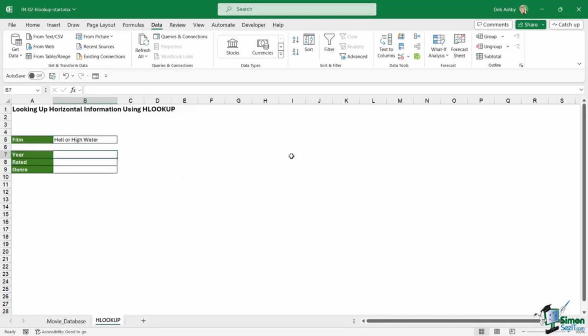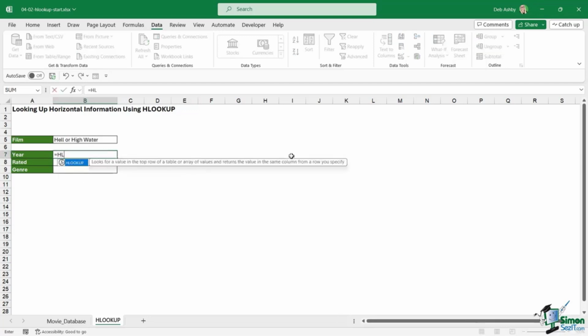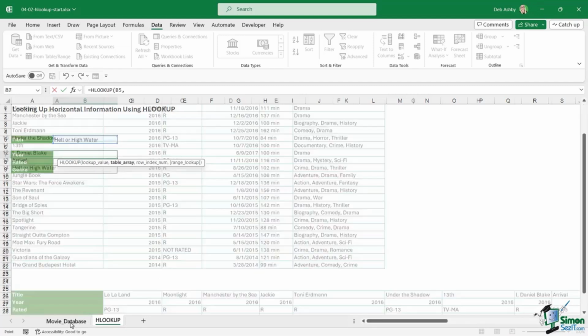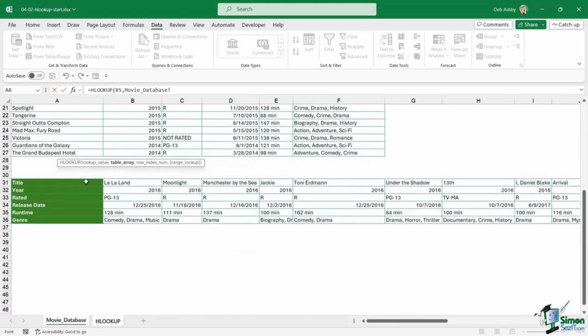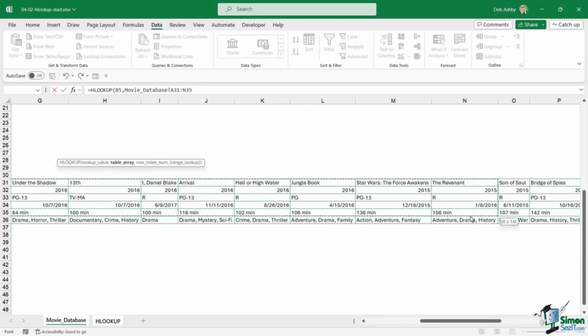So now I want to construct an HLOOKUP formula. So let's type in HLOOKUP. And what you'll notice is that the arguments are pretty much exactly the same as when we're using VLOOKUP, except the third argument here is row index number as opposed to col index number. So our lookup value is going to be the film that we select in cell B5, comma, the table array. Now, I haven't named my table. So what I would need to do here is jump across to Movie Database, go down to here and select the entire table. Now, of course, I can do that, but it's quite a long table,